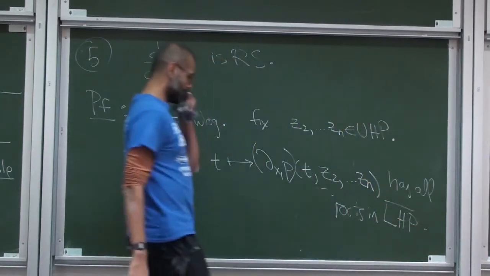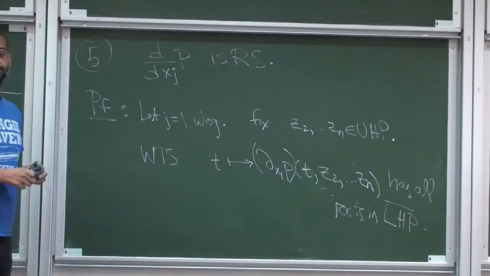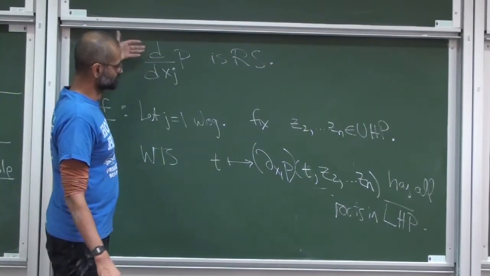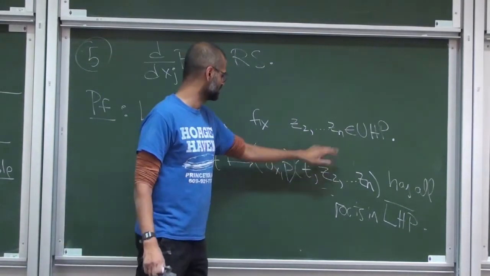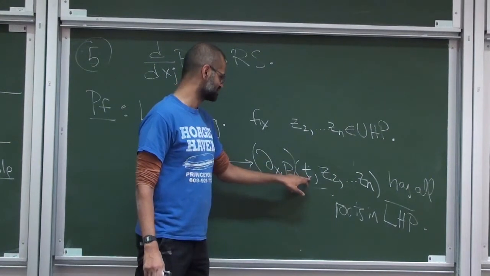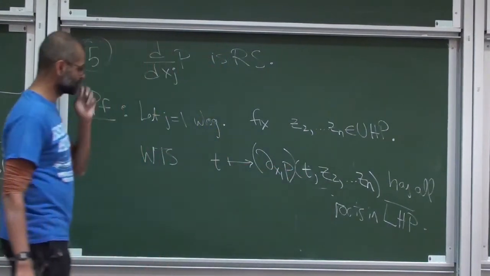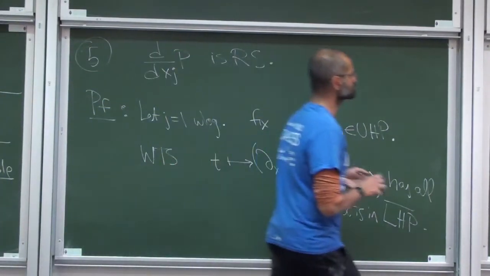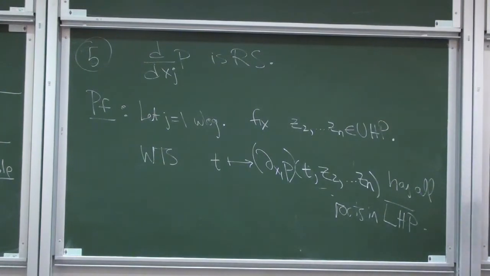Has no roots in the upper half. That's equivalent to showing that this is real stable, because I fixed everything else in the upper half plane. I need to show that, if I fix this in the upper half plane as well, this is not zero. Okay, but this is actually not bad, because